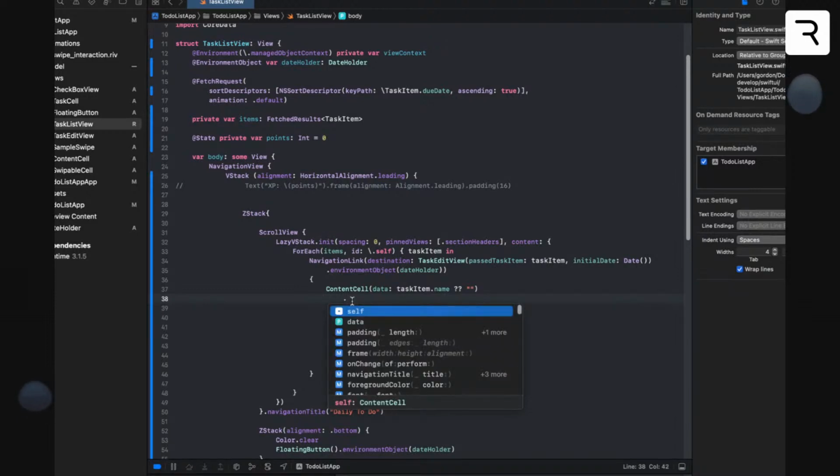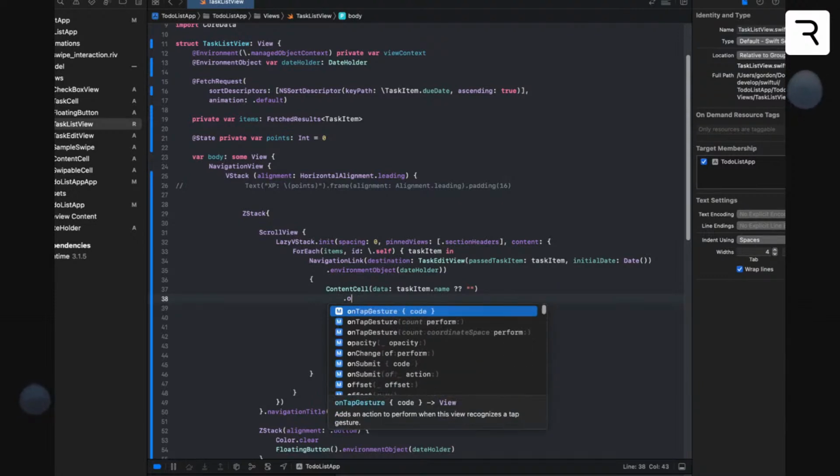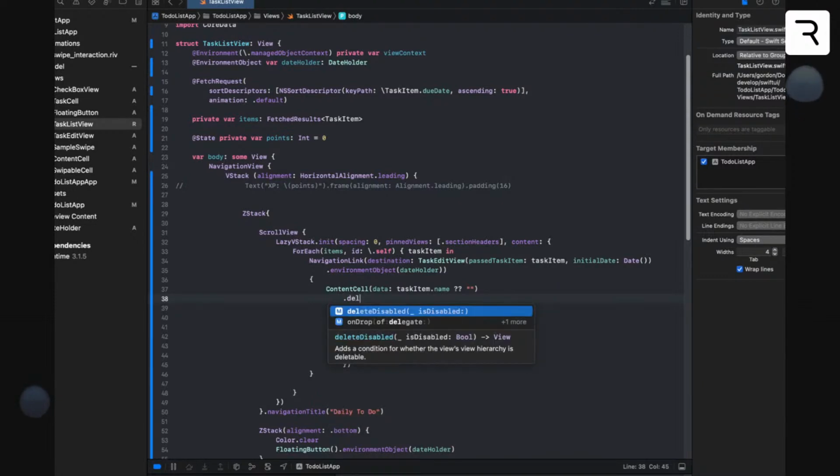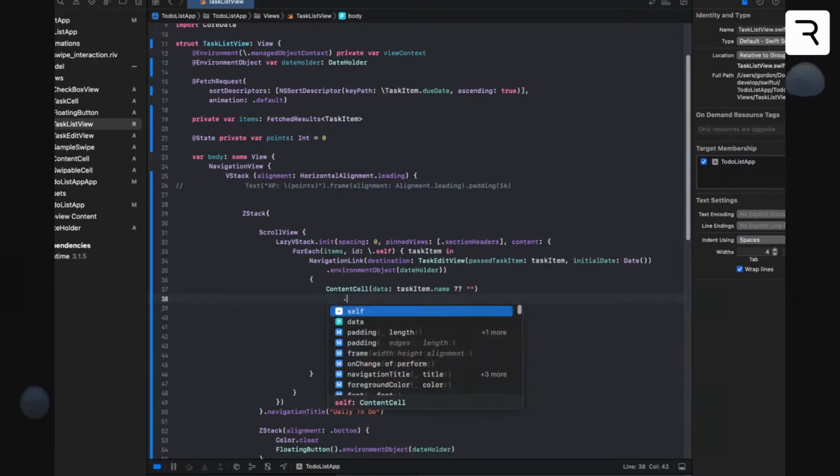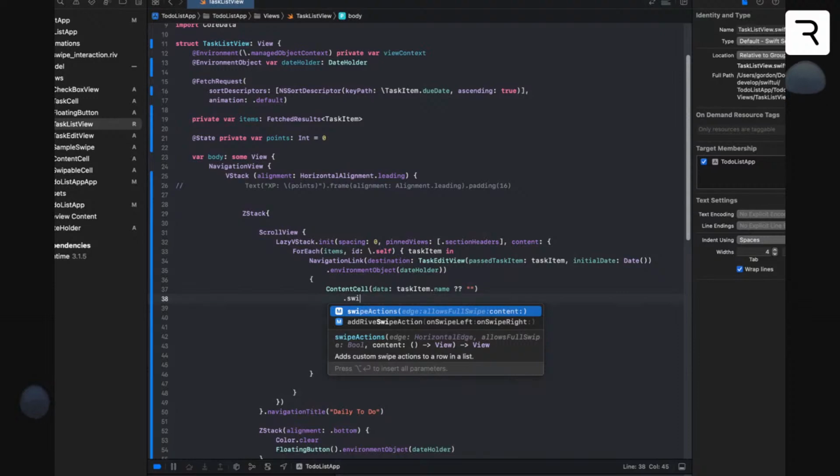So if you are familiar, there is a delete interaction you can do, and there's one that's called swipe actions, and swipe actions will allow you to basically give your own personal actions to a view. And what SwiftUI will then do is automatically allow you to drag the view left and right. So it's really simple to do, and you basically get everything out of the box. The problem is you can only have static content beneath that. Maybe you would be able to animate something, but you won't be able to get the percentage